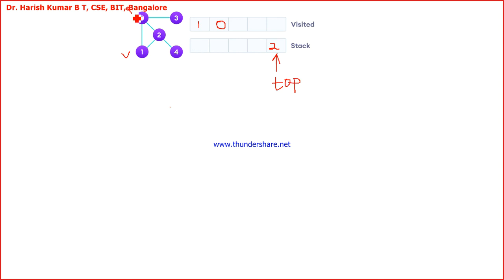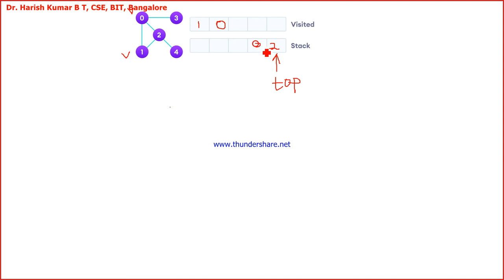Zero is visited. Now I should go for pushing the adjacent nodes of 0 to the stack. Now what is the adjacent node? 2. 2 is already there. Okay, and the next adjacent node to 0 is 1. 1 is already visited, but 2 is already there in the stack, and for 0 it is 3. 3 is unvisited.